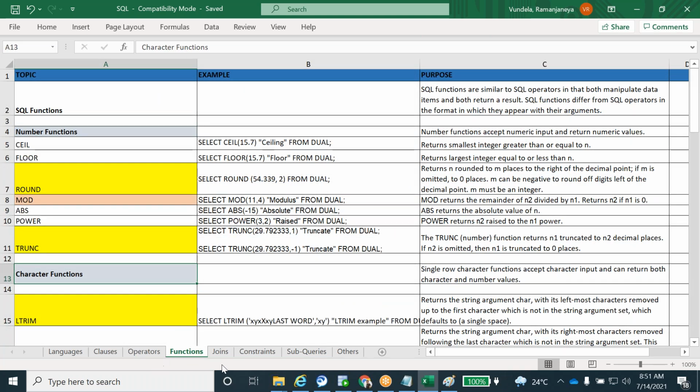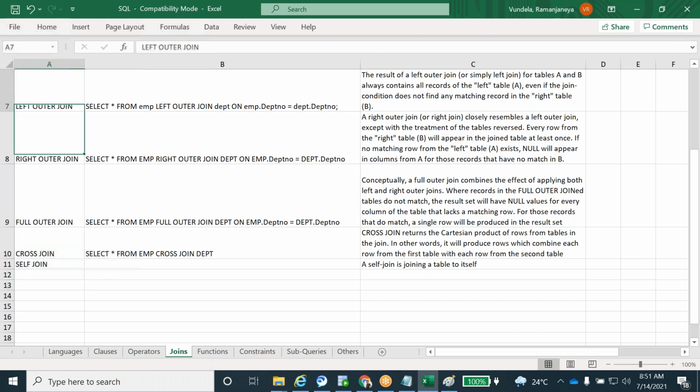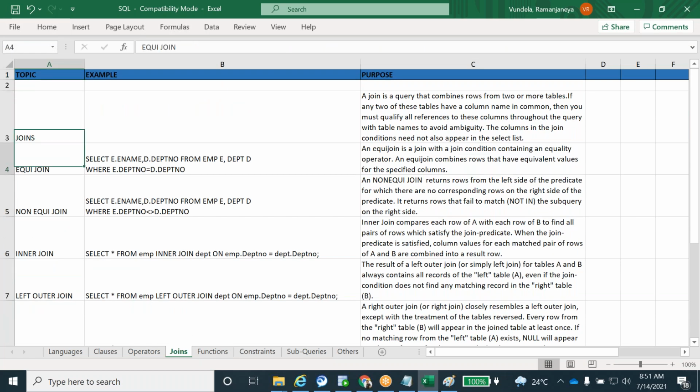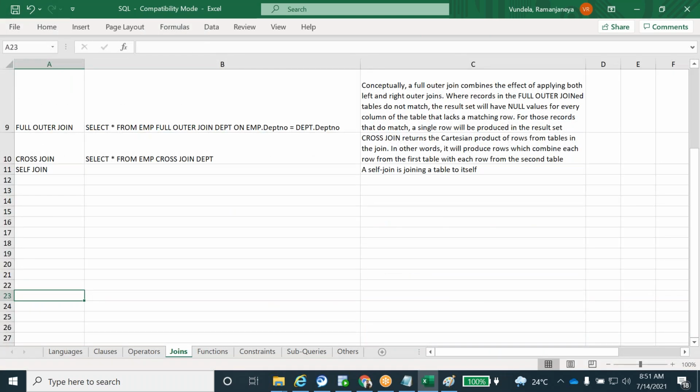Before going to the functions, we will understand the joins. Then we'll go for the functions. There are different kinds of joins in real time, guys. They will ask more questions only on set operators and joins. These two topics they will mandatorily ask in the interview. What kinds of joins are there? What kinds of joins have you used in your project? Like that they will ask.